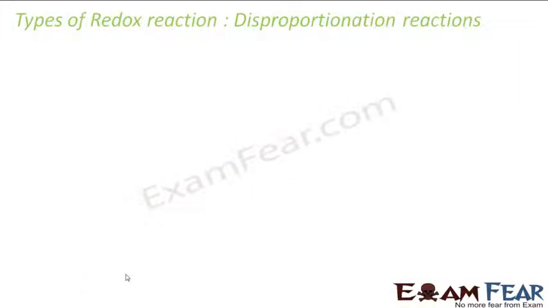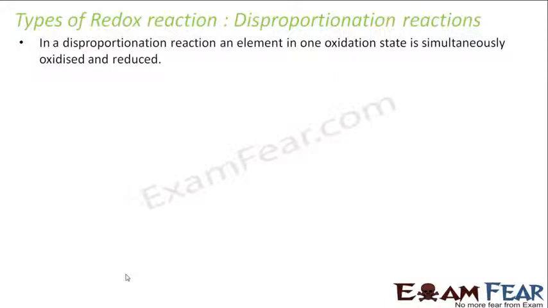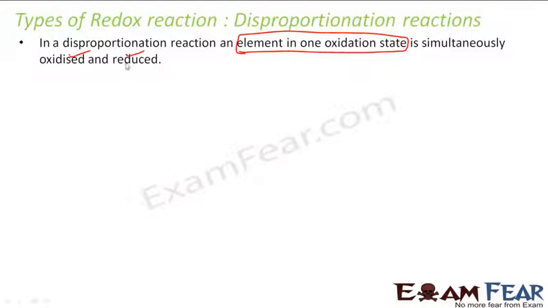So now let's understand the disproportionation reaction. In this reaction, both oxidation and reduction happen for a single element. So an element in one oxidation state is both oxidized and reduced. For example, if I have an element in oxidation state X, you'll see X minus k1 and X plus k2. For the same element, you'll see one lesser oxidation state and one more oxidation state, because one is oxidized and one is reduced, right? That's what it says. We'll take some examples to understand this.